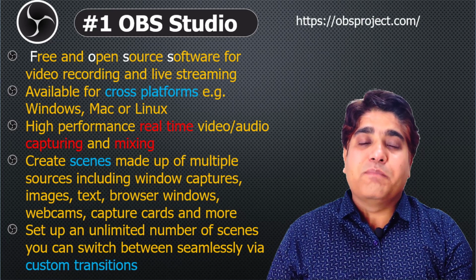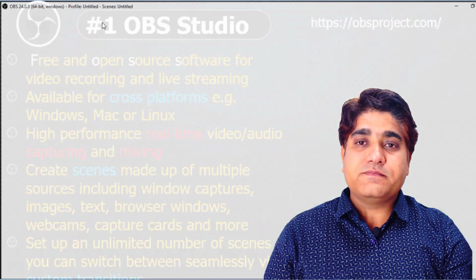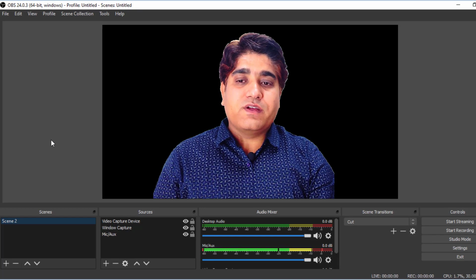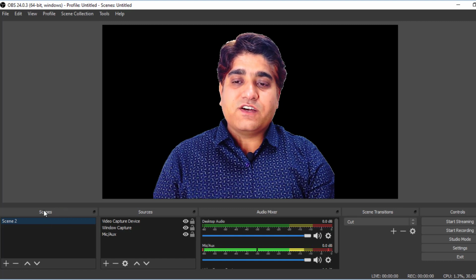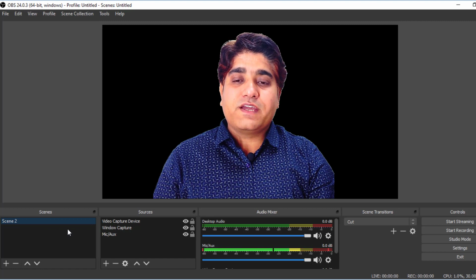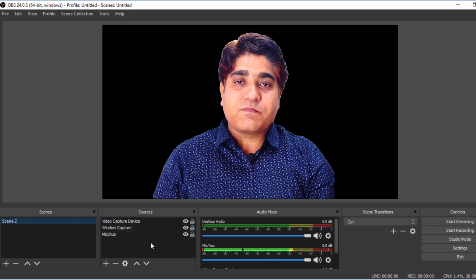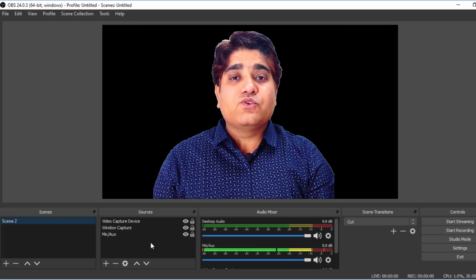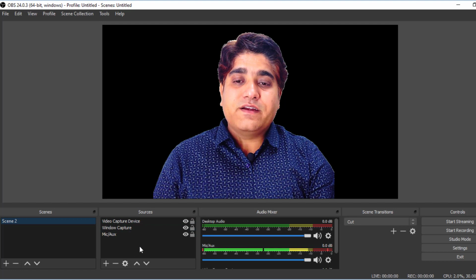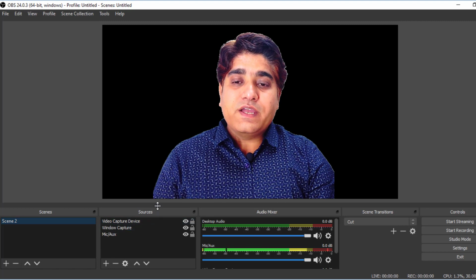and audio recording purposes. So first of all, we will open the OBS Studio software and we will have the interface as shown on our screen. On the left side, the first pane is showing various scenes, which are already present here, or we can create them as and when we require. The second option is for the sources, how many sources we use to produce a video. So these sources are collected in our sources. So here in scene number 2 we have these 3 sources.